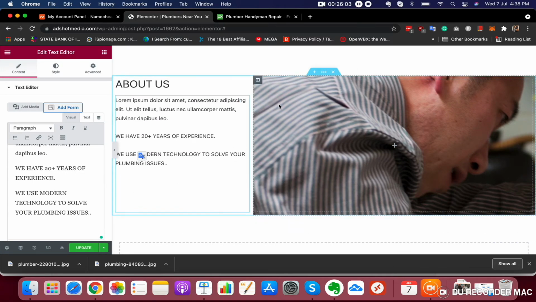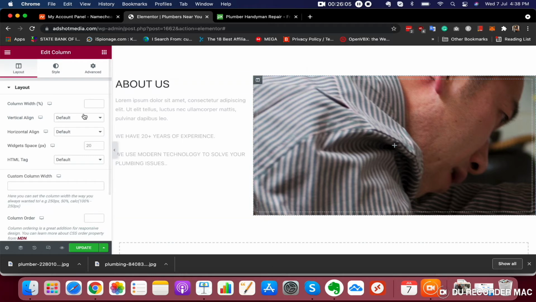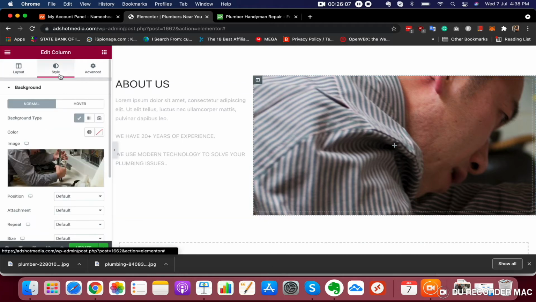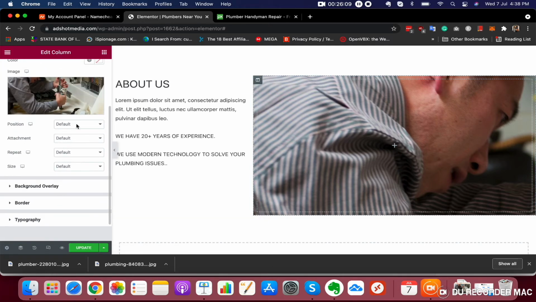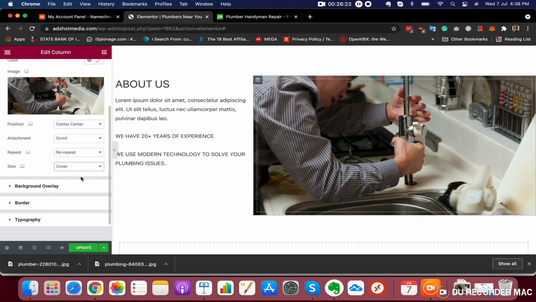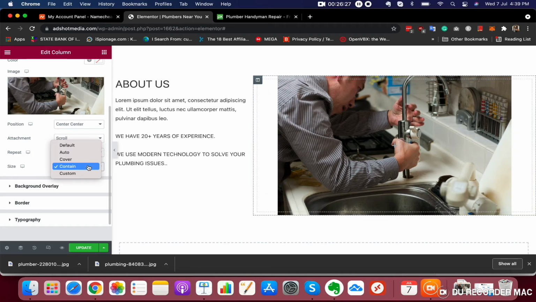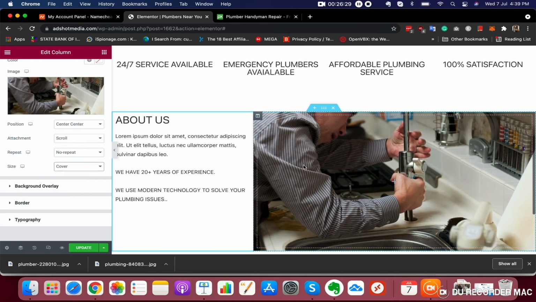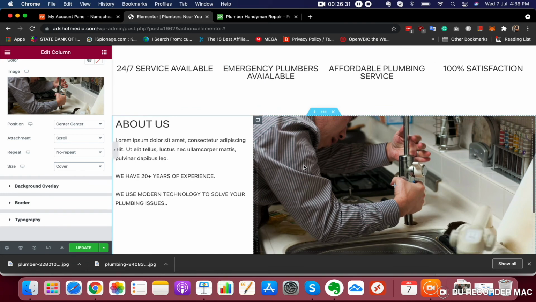Now we can adjust this image position, center, and attachment, scroll, repeat, no repeat, size, auto, cover, contain. I think cover is looking good, so cover. See, this is looking good.